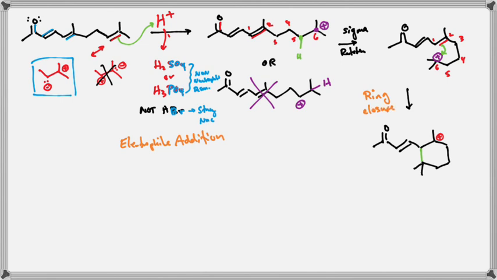Okay, so language-wise, that's fine. That doesn't fit the patterns of what we've talked about within our lecture. What was the mechanistic step? This was officially an addition because we lost a pi bond. When we lost that pi bond, what did we add to it? A positive charge, which means